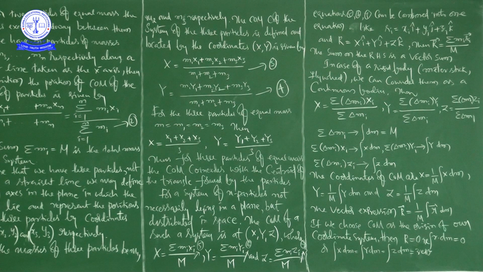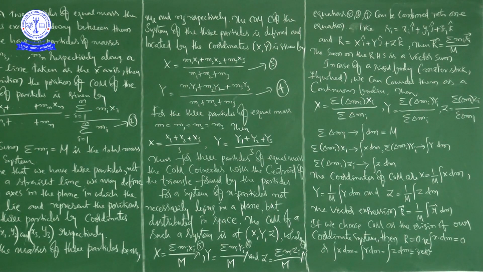For the ith particle, this is the vector form, that is R is equal to... Generally there should be a bar, no? So what is the notation of the vector? You have to write one letter and on top of that put one bar. Otherwise, you have to write a thick English letter. So this is the vector form: x into i cap plus y into j cap plus z into k cap, where this also you can write by using summation.